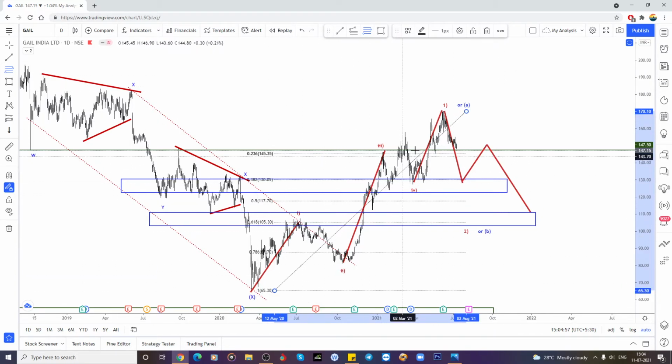So this could be an A, this could be a B, and if it is doing the C wave in a 5-wave structure, that is called 1 2 3 4 5. It's a zigzag, the 3-wave 5 3 5. So next is